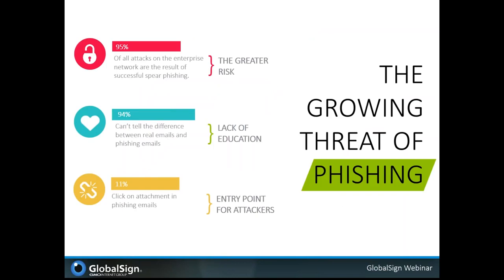Sending emails from a forged sender address, called email spoofing, is one of the most popular methods for carrying out a phishing attack. A hacker will forge an email so it looks like it's coming from a legitimate company, like a bank or financial institution, usually with the intention of tricking the unsuspecting recipient into downloading malware or entering confidential information into a fake website where it can be accessible to the hacker.